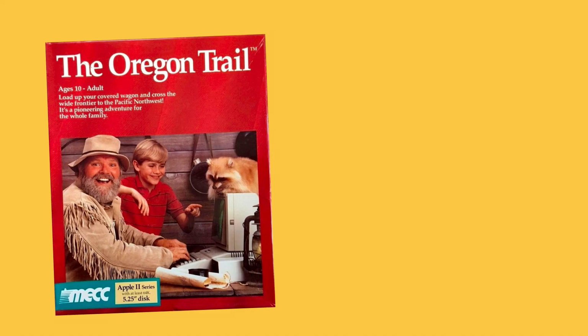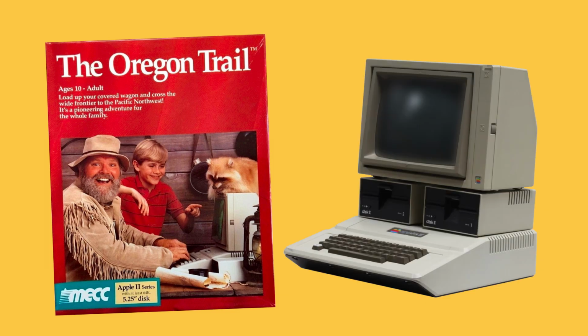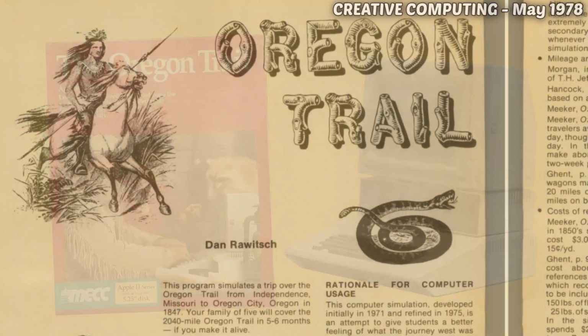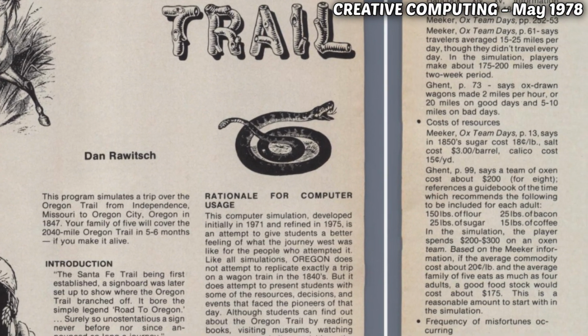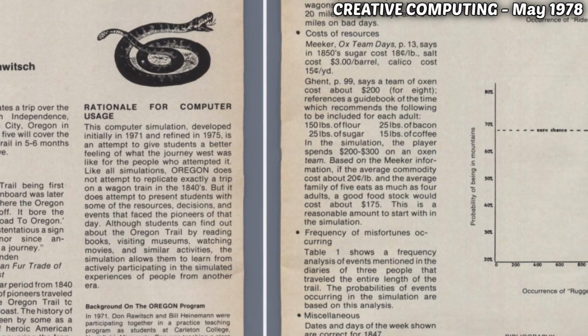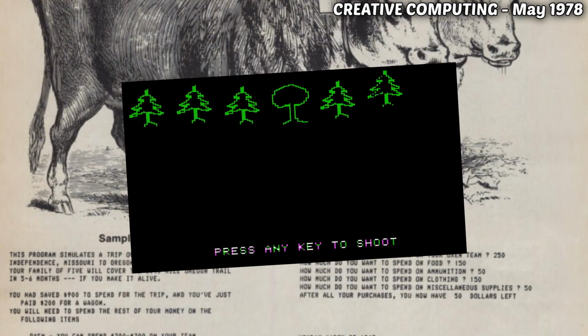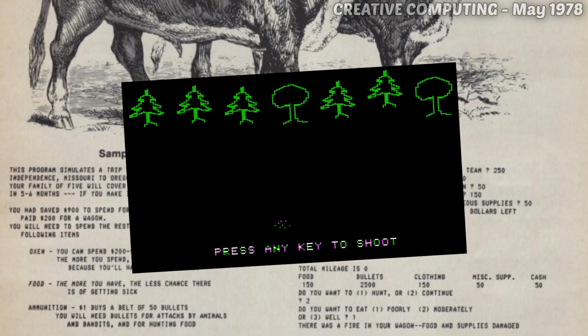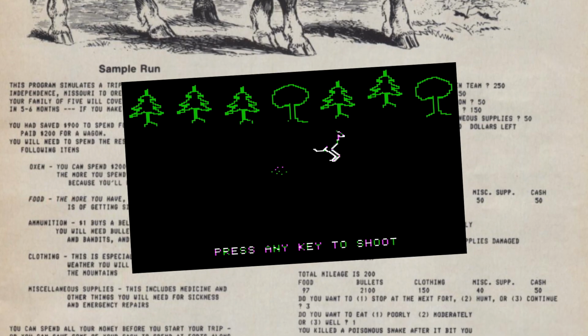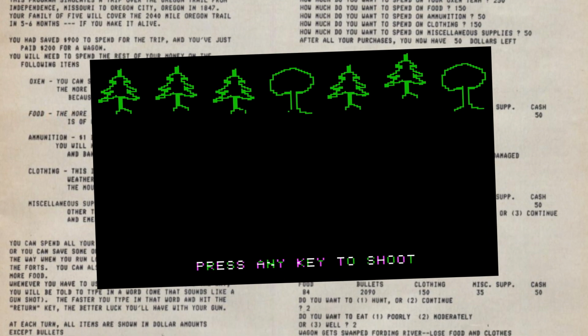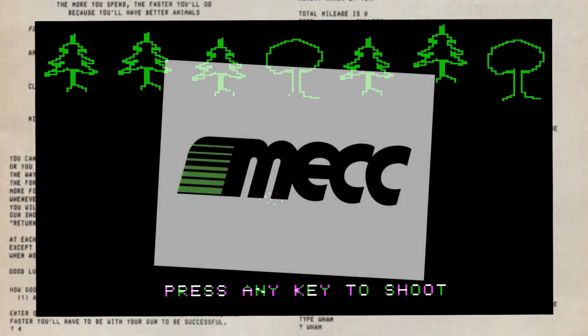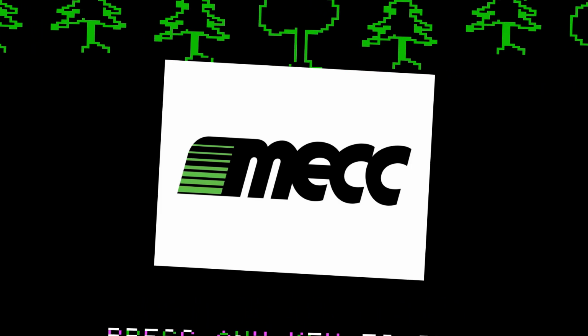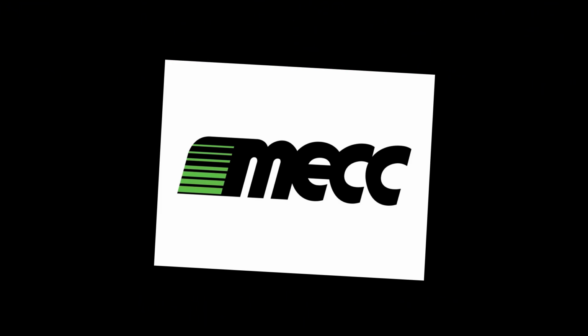The Oregon Trail is a strategy game from MEC developed for the Apple II computer in 1985. By then, Rawich had published the original source code of the game for basically anyone to use and tweak to their liking, including that Apple II version, which now had some cool graphics to go with the text. However, with the rapidly evolving technology of the time and MEC's newfound success as a functioning business, they didn't want to fall behind while they were so far ahead.